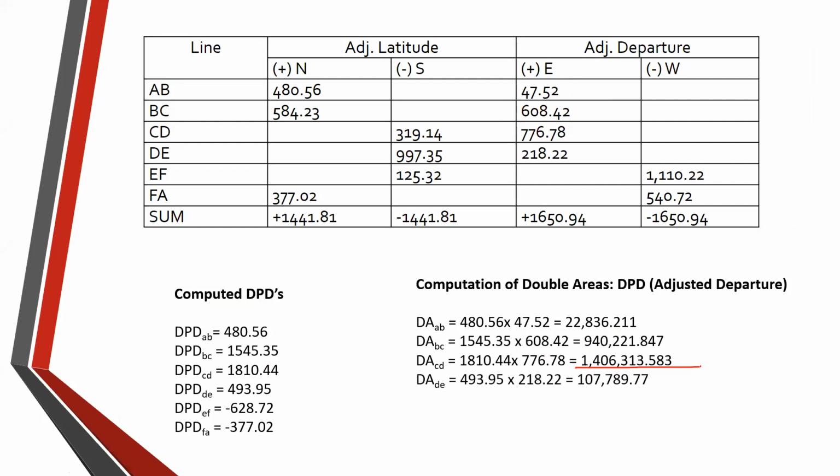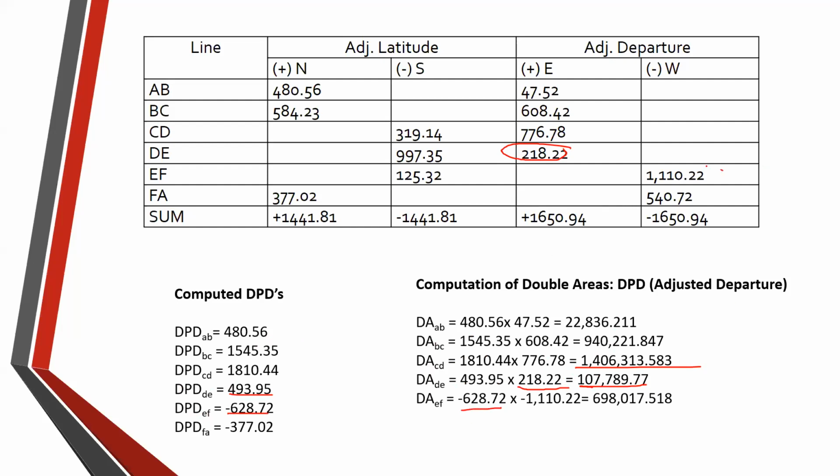Next, for the double area of the line DE. So for the line DE, that is equal to 493.95 times ito, departure ng line DE, that is 218.22. So we have 107,789.77. Next, for the double area of the line EF, meron tayong negative